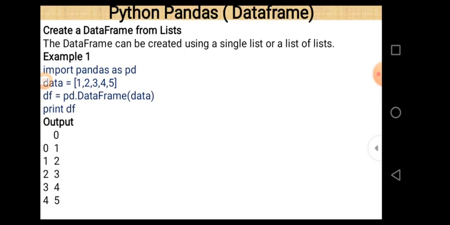Now here the output is a little bit interesting, because the values passed here are 1 2 3 4 5, and the values start from 0 1 2 3 4 5, and also there is a row number 0 1 2 3 4 5. So let me be very clear, 0 1 2 3 4 5 are the row numbers, or by default index values, because we don't pass any index value in this case, and 1 2 3 4 5 are the values. 0 is the name of the column, because we don't pass any column name here. So this is the output of this program.